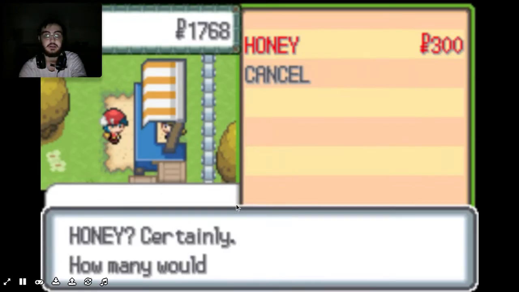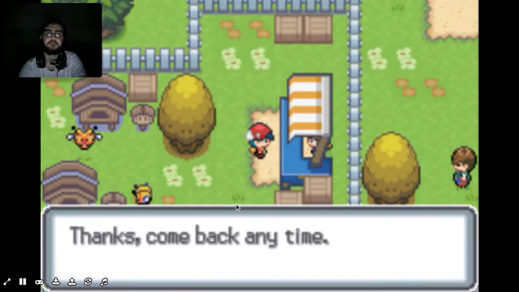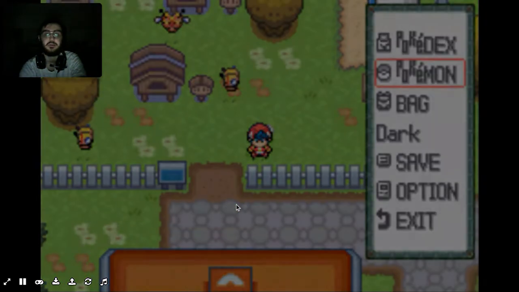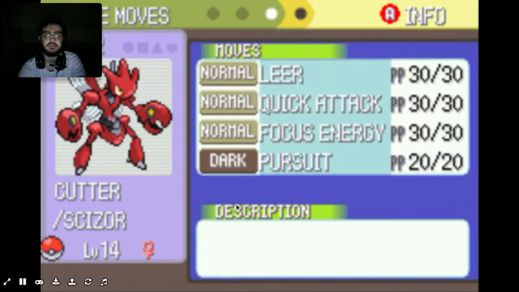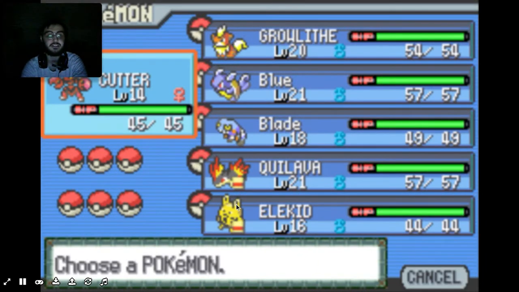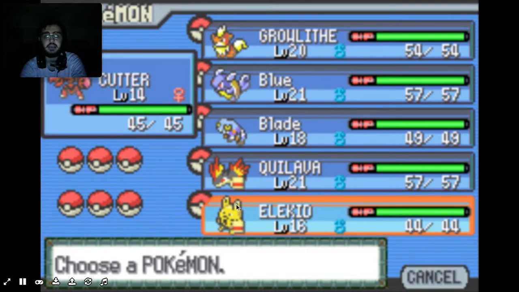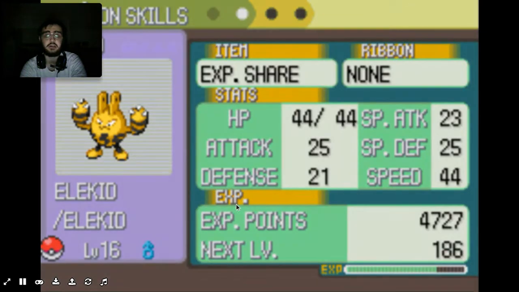Yes, I'd like to get the honey. I need 2 of those. But man, that's so cool. What moves does it have? Okay, as a balancing issue, it doesn't have the greatest moves right there. But that is awesome. Dude, this thing is gonna be my strongest member pretty quickly. And I gave Elekid the experience share because it's falling behind quite a bit. So